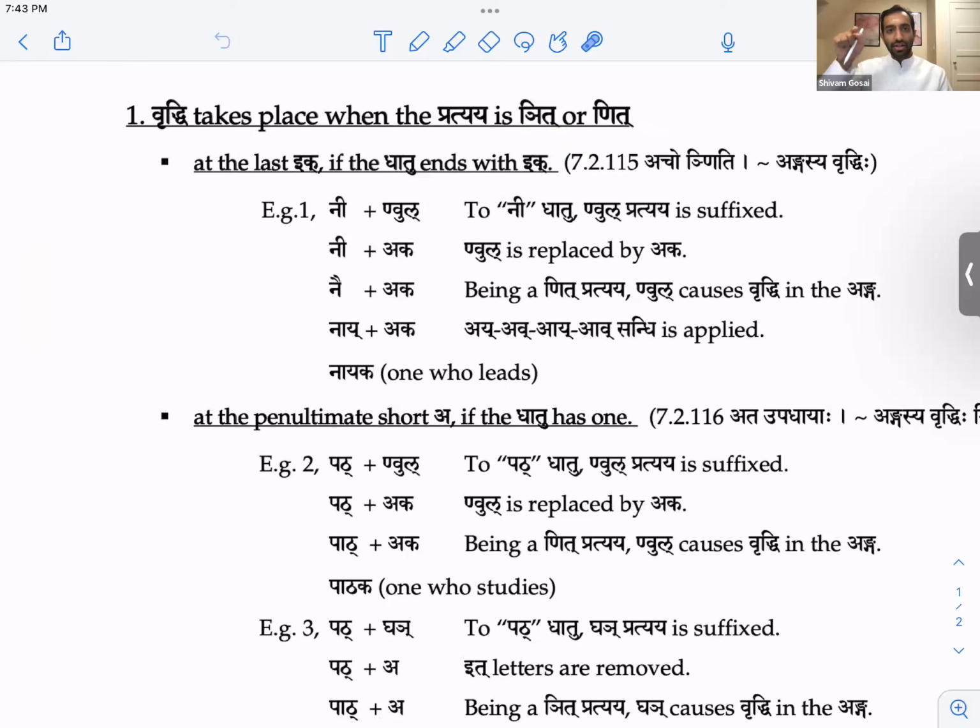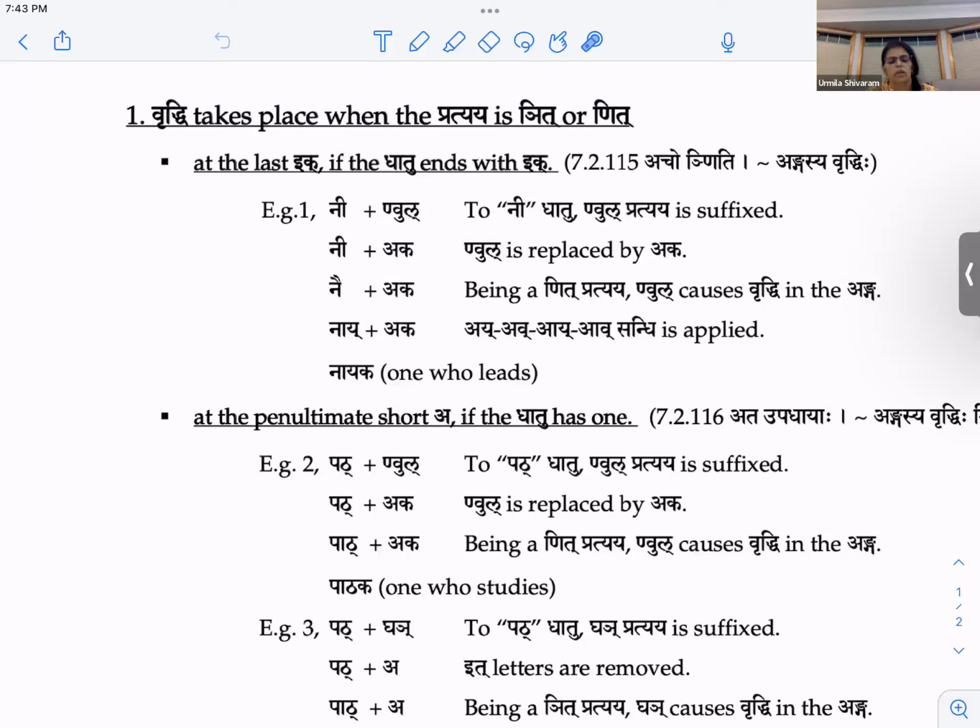So the nakara as it, I can say nit. So here, this nakara in vul was it, so therefore it's called nit now. We can just call it nit for short.